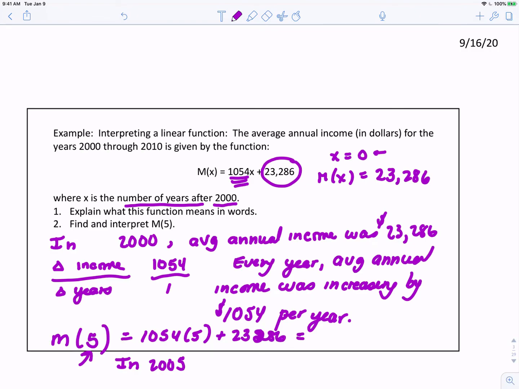If we use a calculator to compute that, we get a value of 28,556. So in 2005, the average annual income was